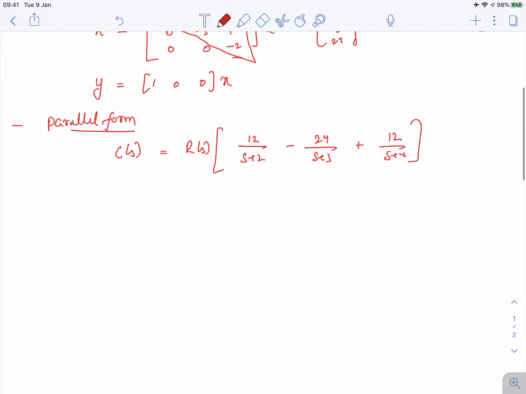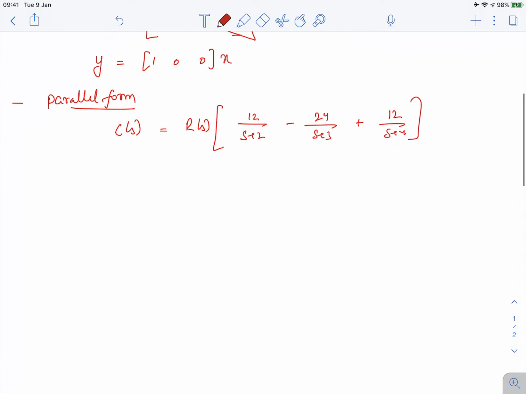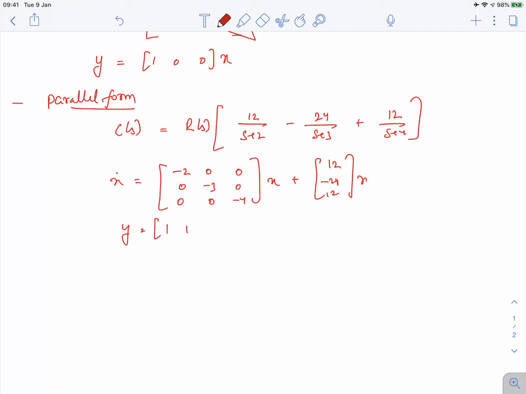And again representing it in a signal flow graph, we finally obtained the state space representation as x dot is equal to, R, and y as 1 1